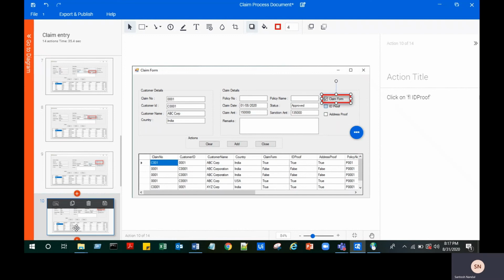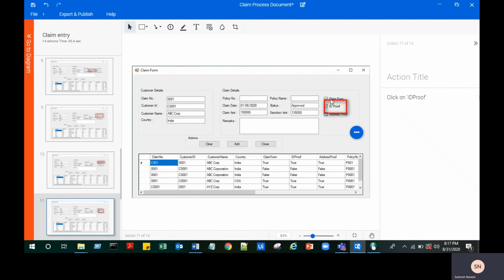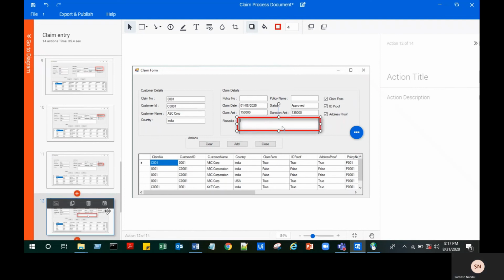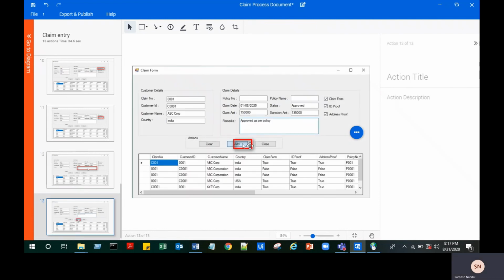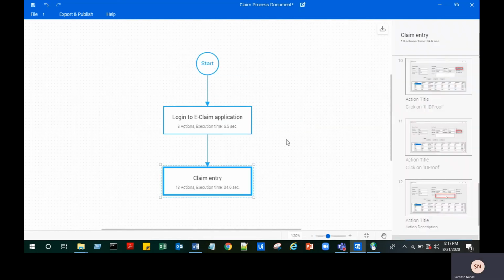Claim form, ID proof. Remarks. And click on add button. Okay, let's go back to the workflow.